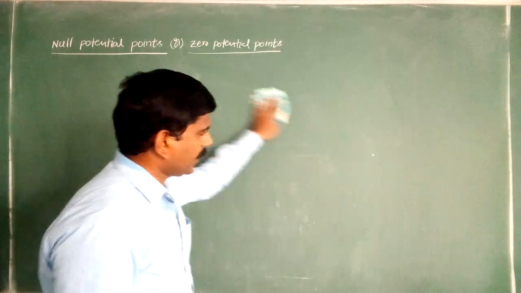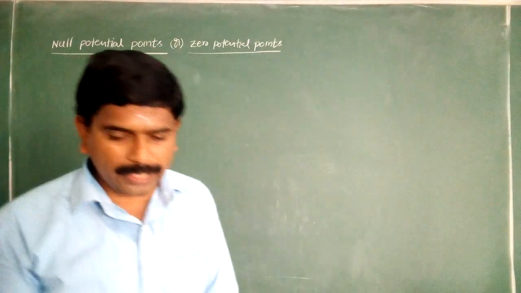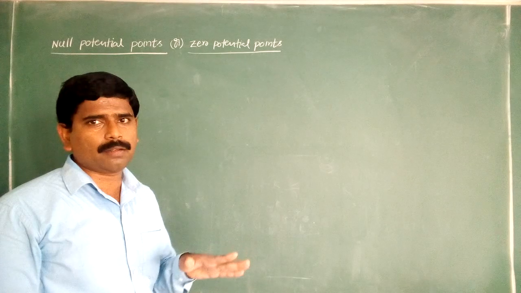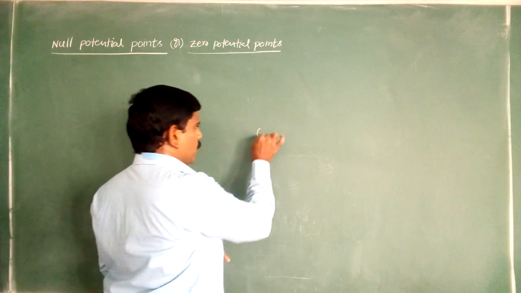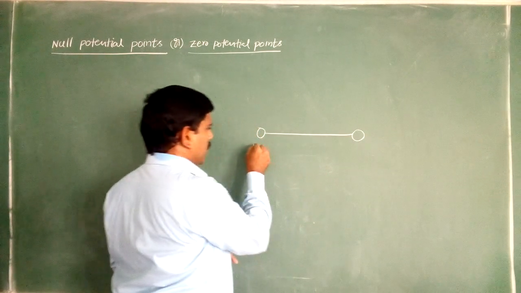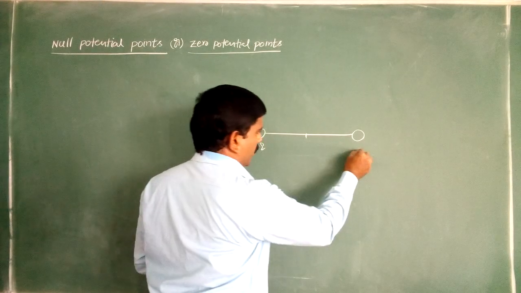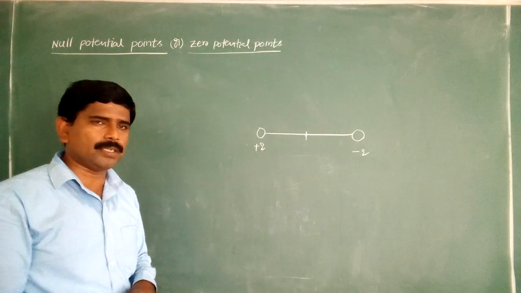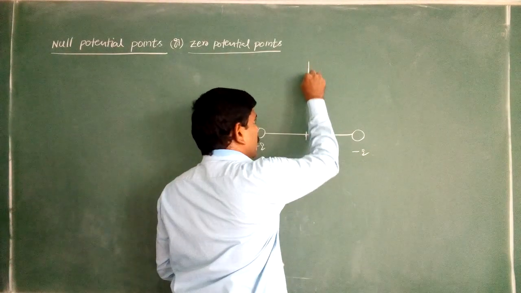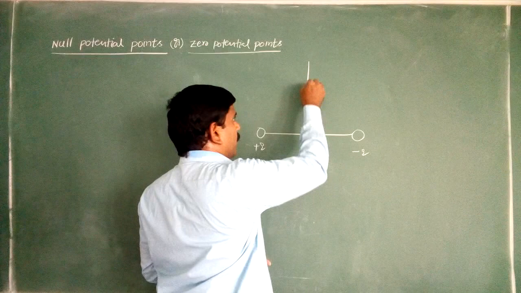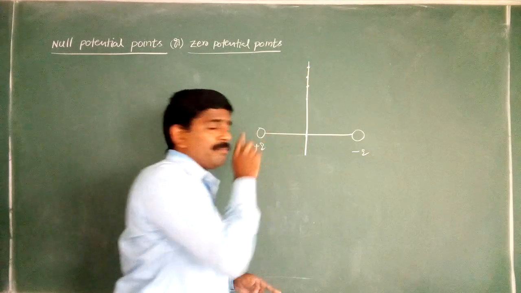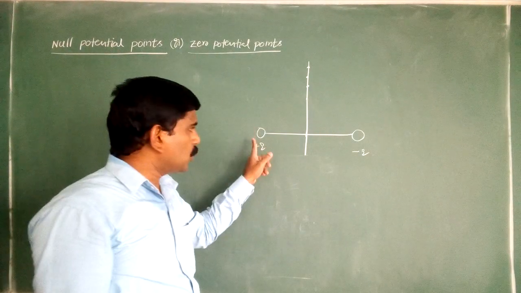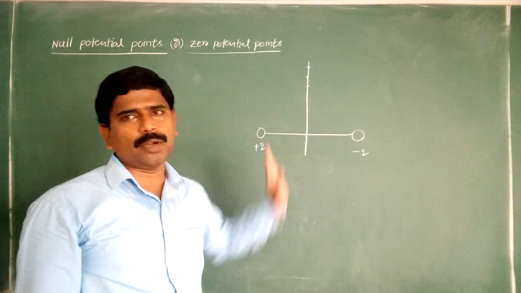The electric dipole is also the same. Two equal and opposite charges separated by a certain distance, that arrangement we call the electric dipole. Therefore we get the null potential point at the midpoint of the line passing through both the charges, and in case of the equatorial line also, at any point you take, the potential due to this system of charges is equal to 0.